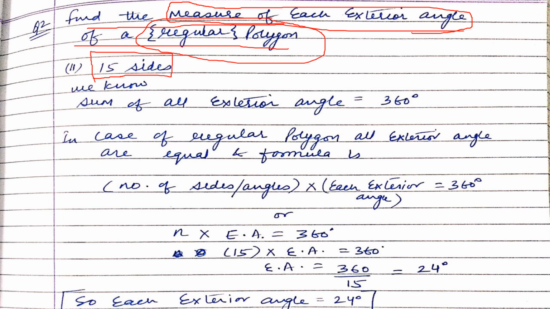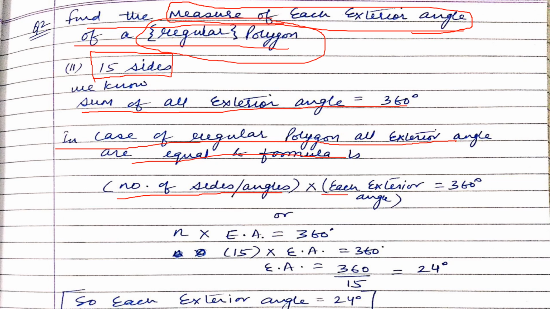Now, we will use formula number 1 that I've told you earlier. We know that the sum of all exterior angles is 360. In case of a regular polygon, all exterior angles are equal, and the formula is number of sides or angles, that is n,